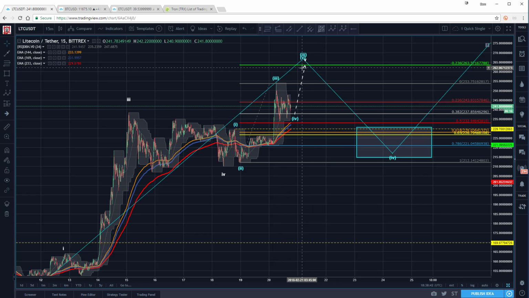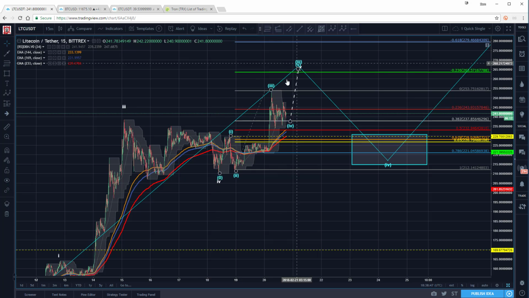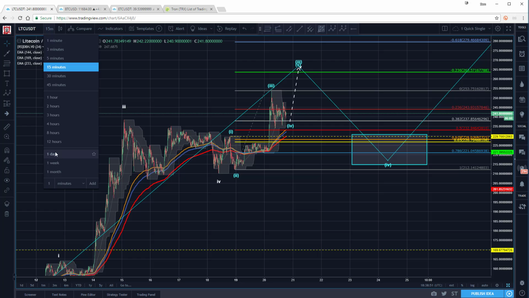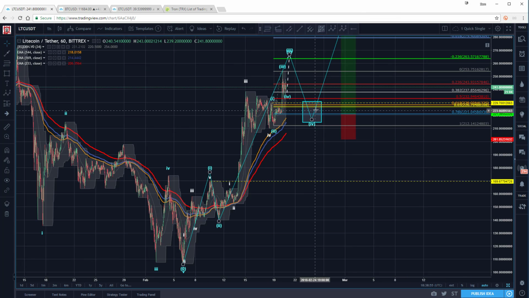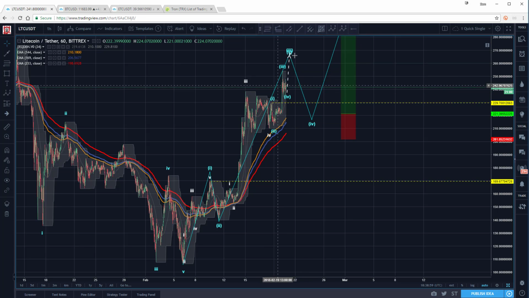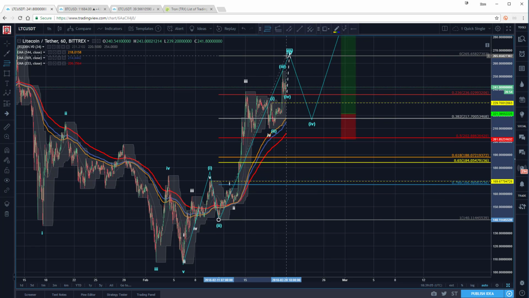So I'd be waiting for this to top out here, give me a clean pivot for my third, and then I'm looking for the fourth right now. So we have to go back, so that gets relative. So if we go here, that's where this box is no longer relative to this smaller count. We'd be looking for the fifth, and that box is relative to this pull here from the 2 up to the, remember I'm still hypothetical here, for my fifth to be topping, looking for this to come somewhere, 38 would